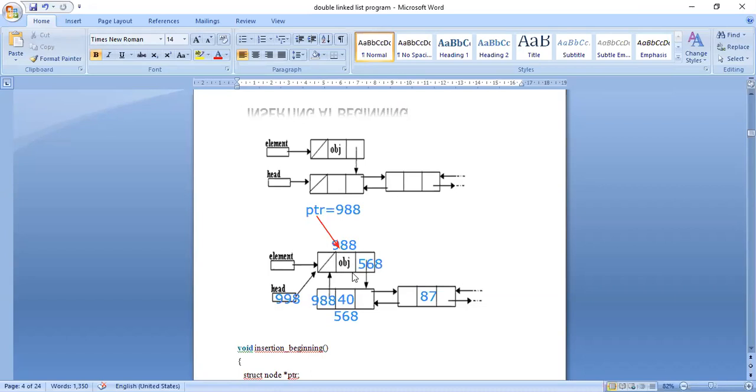See, first you have to practice the diagrams on paper. Next, you have to practice the program step by step on paper. Then you have to execute the program. Previously, if you have understood the single linked list perfectly, how I am changing the address parts of each node, then you can easily understand this part. Okay.